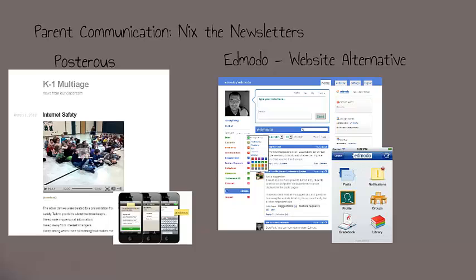So I can sit down at my computer, I can go tip, tip, tap, tap, tap, and send, and everybody gets an email or a text message if they're signed up for that with the current information. And I don't have to remember where I put that sticky note that says remember to talk about the book orders on the next newsletter. So I'm happy with the setup that I'm using now, but you really could do what I'm doing by using just Edmodo,